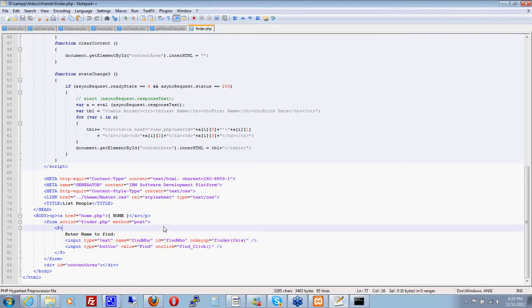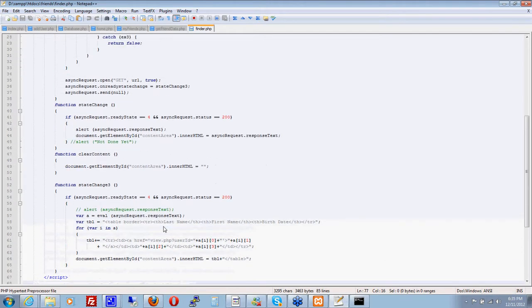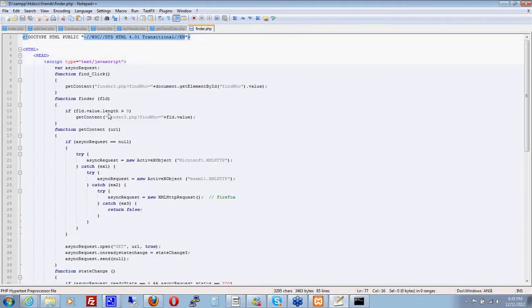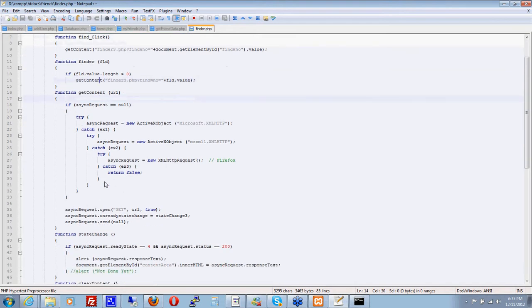So as the key goes up, it's going to call Finder this, which is right there. It checks to make sure there's some content in there. It calls Get Content, which again is doing a behind-the-scenes web call. And when the data comes back,